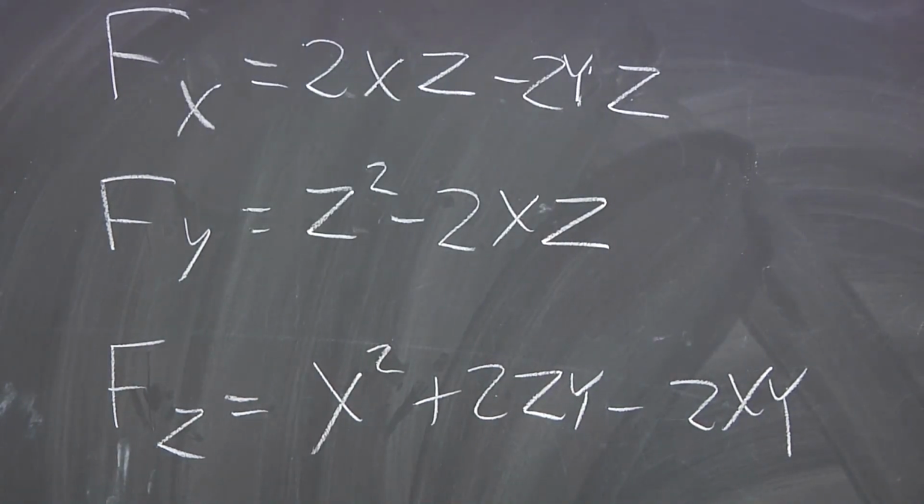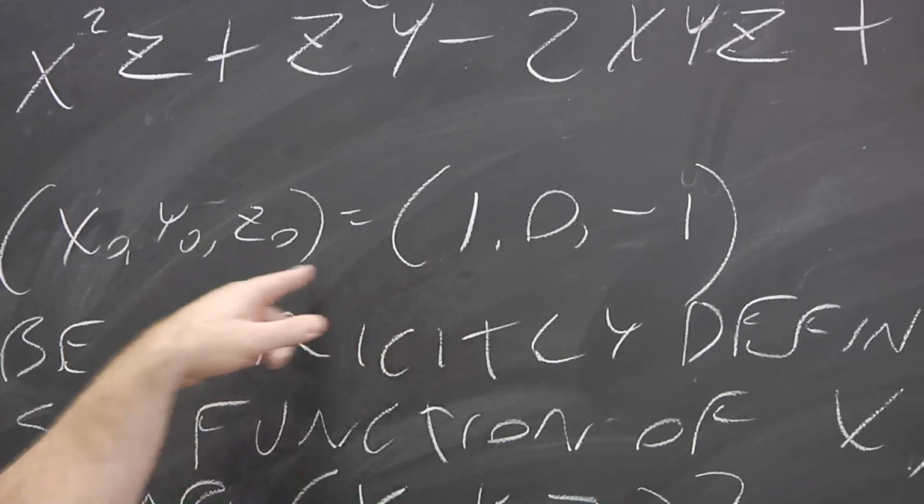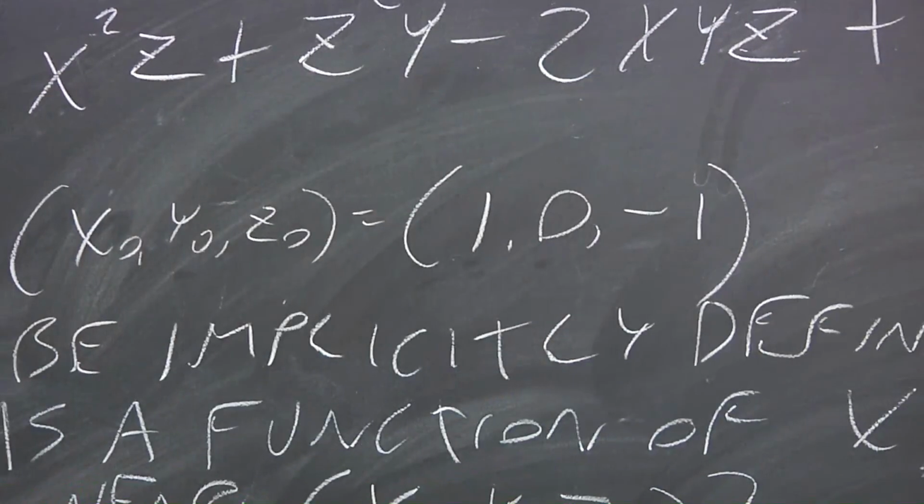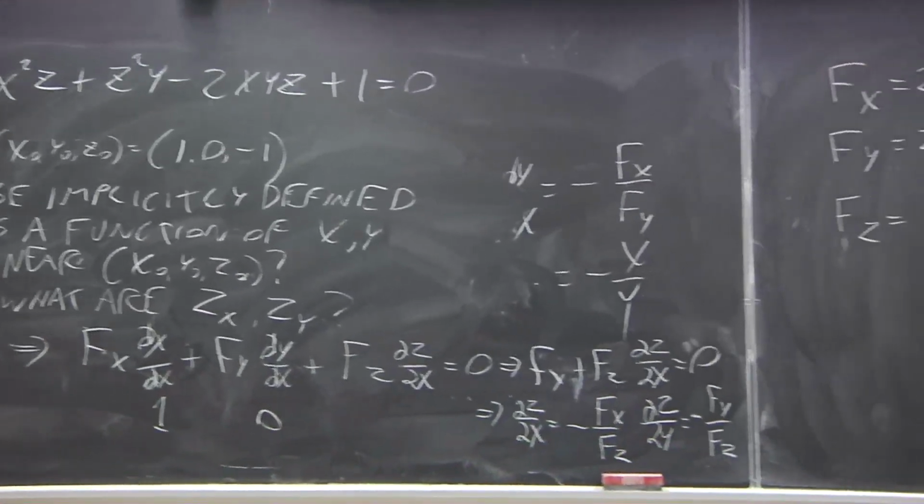Now, so now what we could do is let's go ahead and plug in our point here. X naught, y naught, z naught is 1, 0, minus 1. So what we're going to get here is